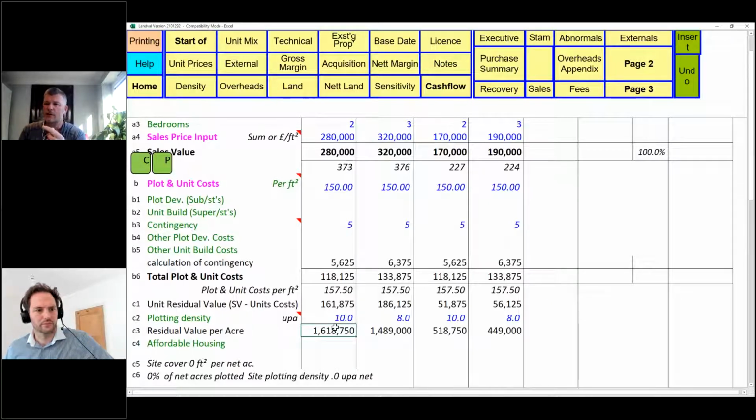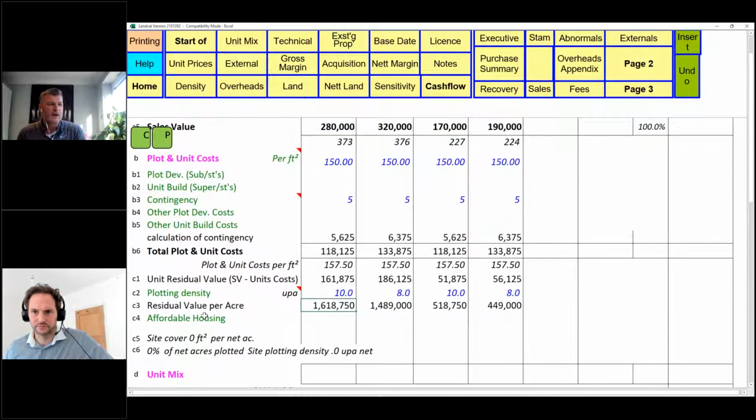Okay, so a lot of the national house builders use this to really define density and units that are actually on a site. In this model, we have the ability to identify that as affordable units. So in here we could say whether they're shared ownership or whatever, they're affordable.